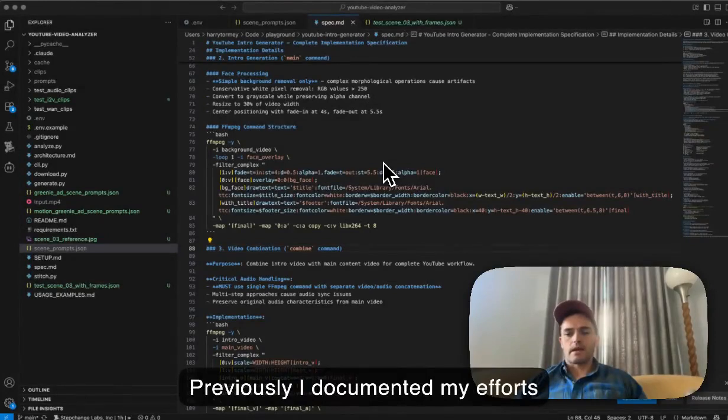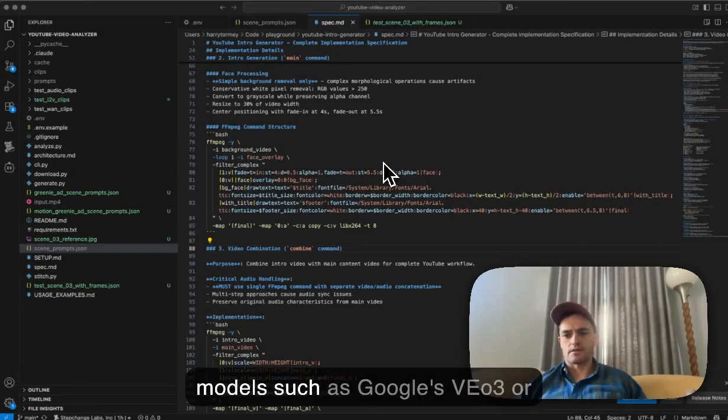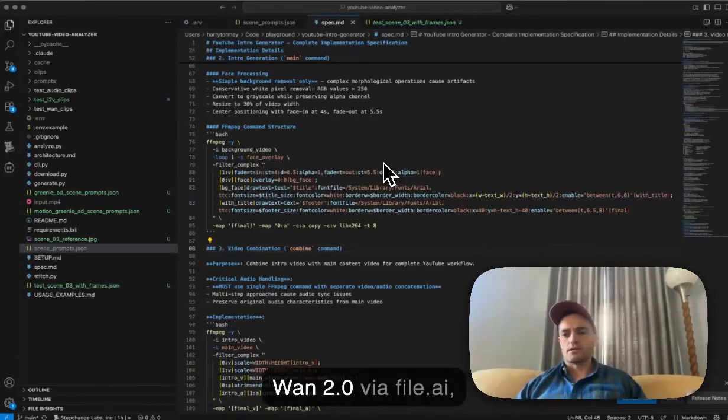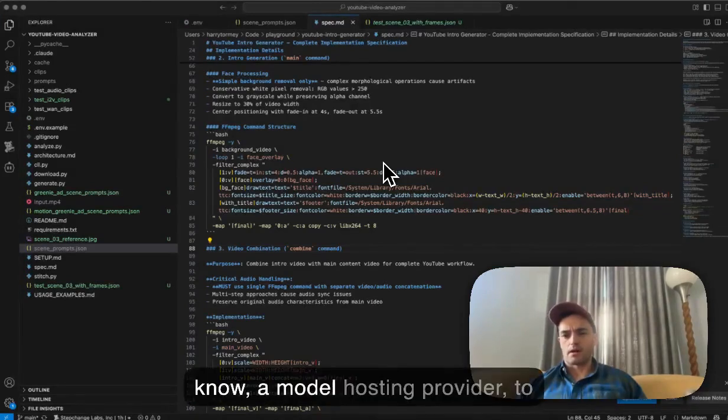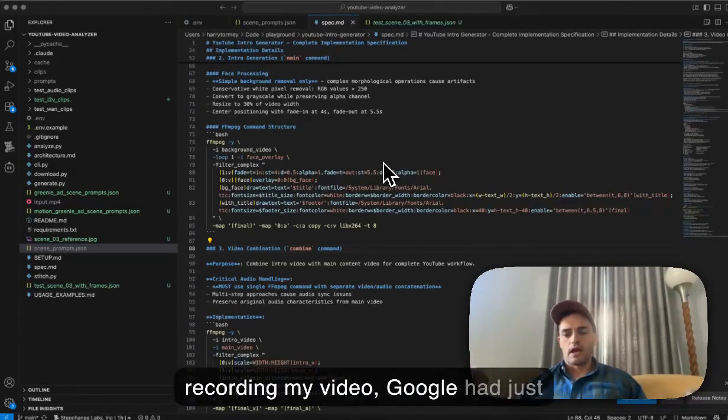Previously, I documented my efforts using Claude Code to create a Python script to analyze videos using FFmpeg and AI, to see if I could create a series of prompts that could be fed into generative AI models such as Google's VO3 or WAN 2.0 via fal.ai, a model hosting provider, to see if I could do an exact copy of those videos. The results were not super good, but at the time of recording my video, Google had just